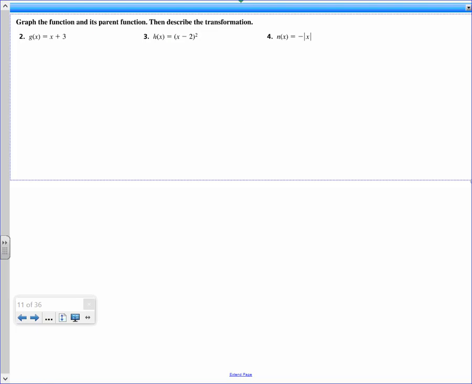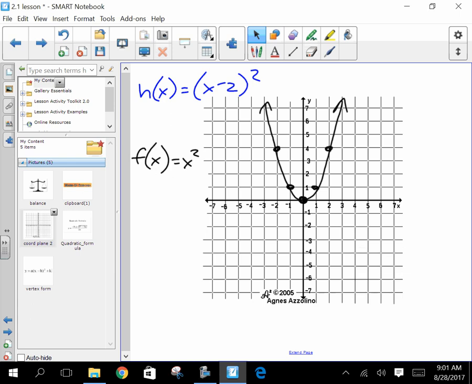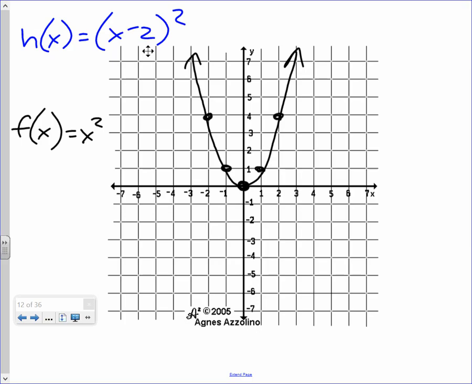h of x equals (x minus 2) squared. Let's graph the parent and let's graph the child. So there's my parent in black. 0, 0, 1, 1, 2, 4, 0, 0, -1, positive 1, -2, positive 4. Now,